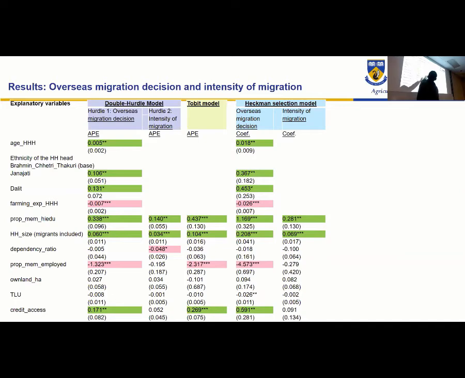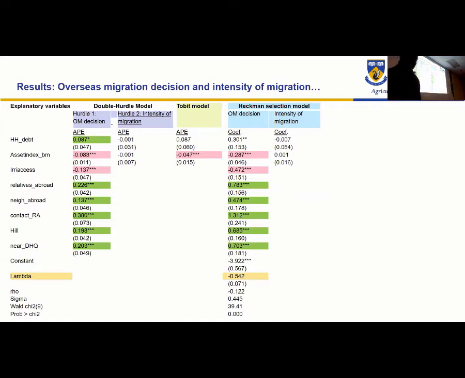And if we see this intensity equation, then these 2 variables, number of educated members in the household, and the household size, that has significant positive effect on this intensity of migration, whereas this dependency ratio has significant negative effect, but it is significant only at 10% level of significance. And likewise, household debt has positive influence on overseas migration, and all these